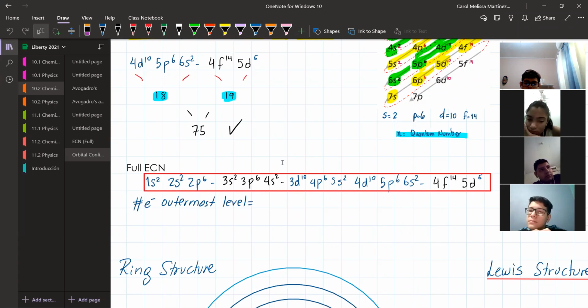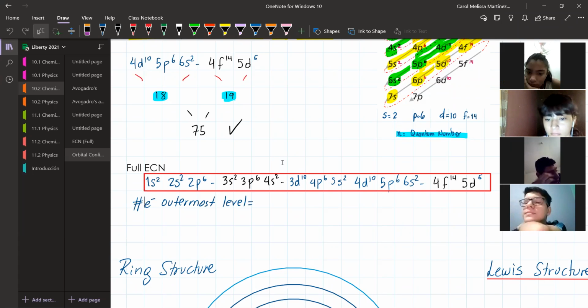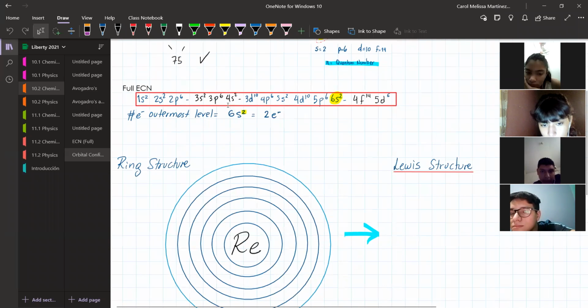Which one is the highest level? 6. It is 6s2. Okay, that one is the highest or the outermost level. So how many electrons do I have in the outermost? I have 2 electrons. Now, what comes after is the ring structure. Because the outermost level is 6, it means that I need